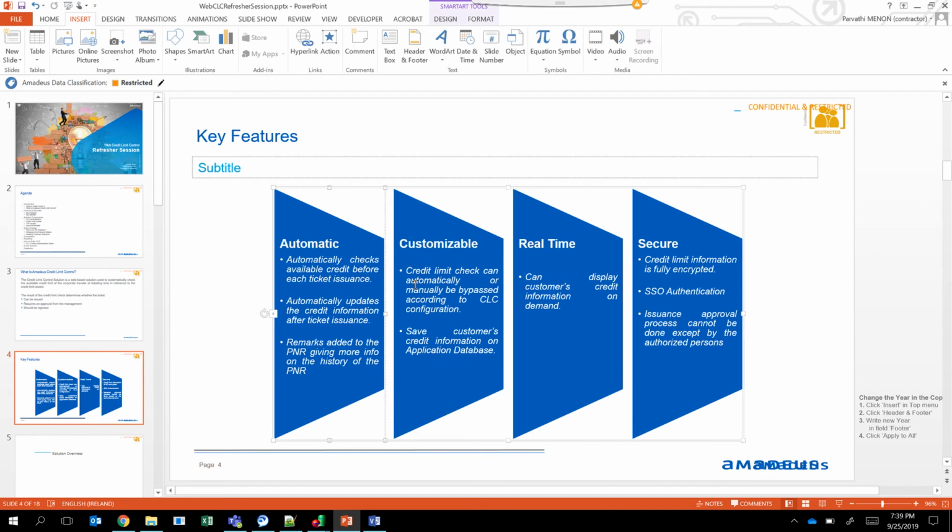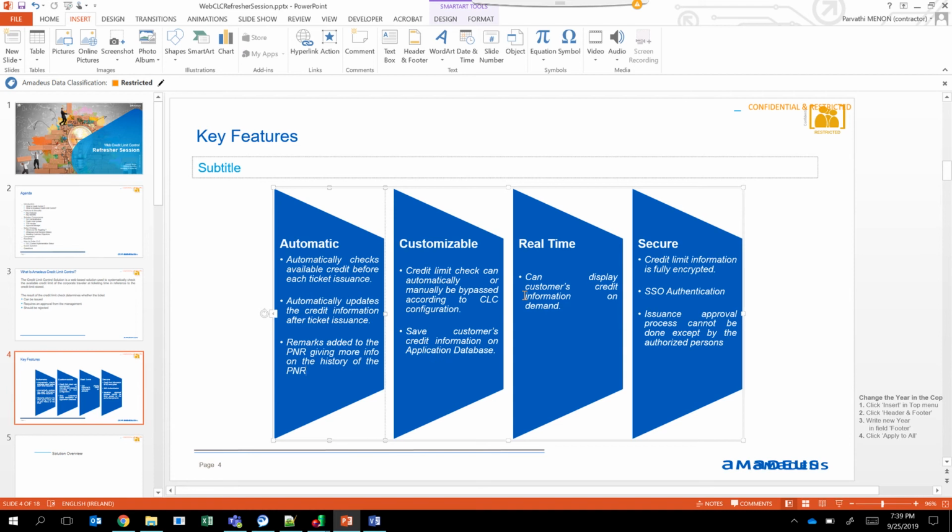It's real time, that is, you have an on-demand feature which allows the consultant to check the customer data with respect to the customer ID or the account number that is added to the PNR. In other words, the credit available and other customer data can be seen even before the consultant enters a TTP command.